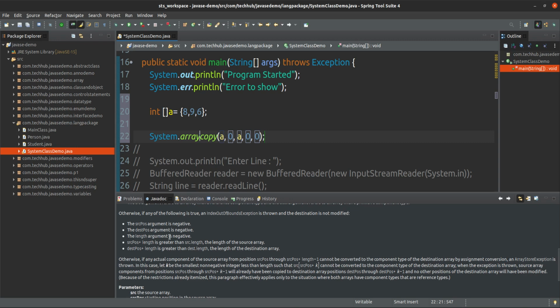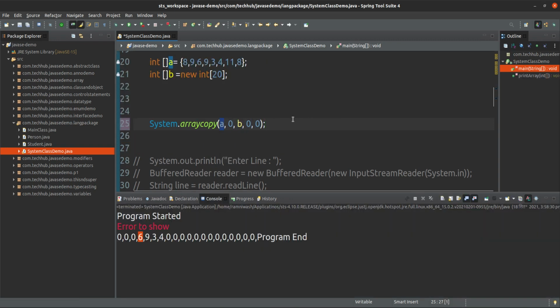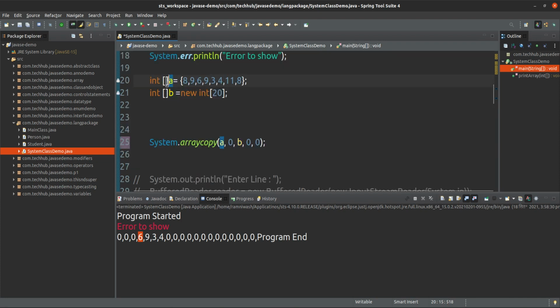And the third one is the length, and if the length argument is negative, it throws an exception. So how exactly is it copying? Here, in arraycopy, the source is a, and the destination is b, which means we have to copy the values of array a to array b. We have to copy the values, but not the complete array.